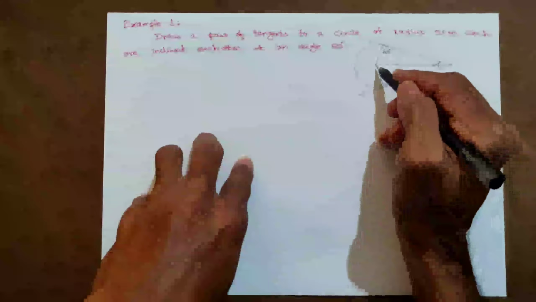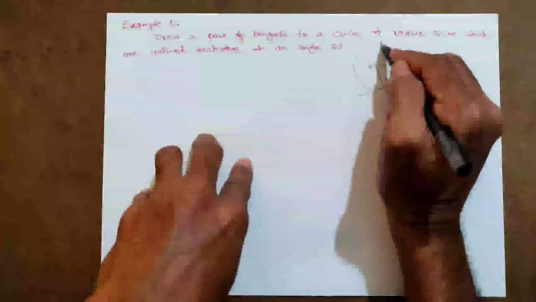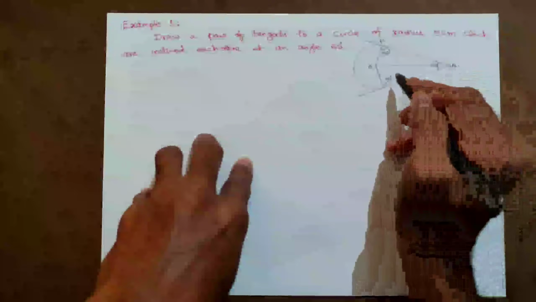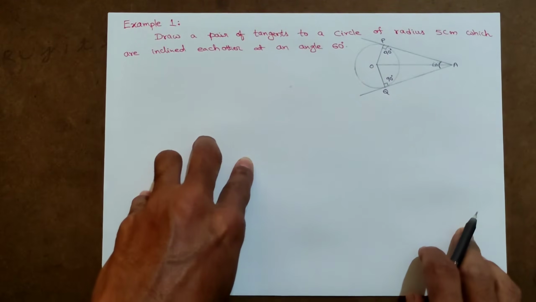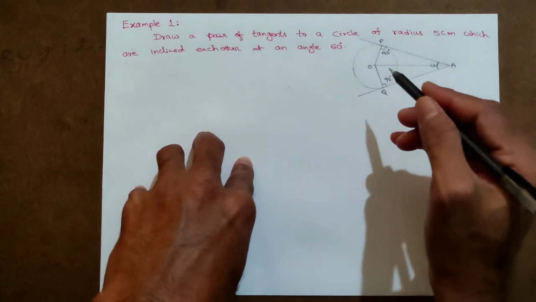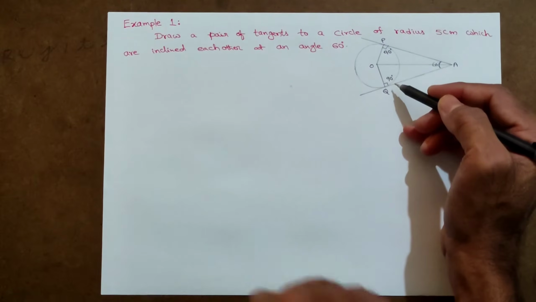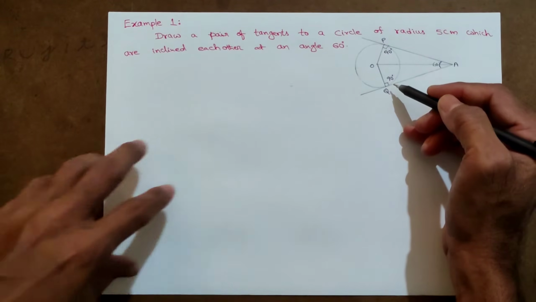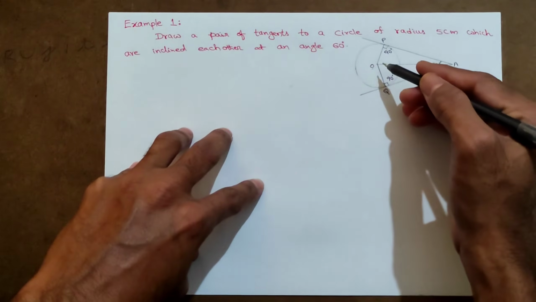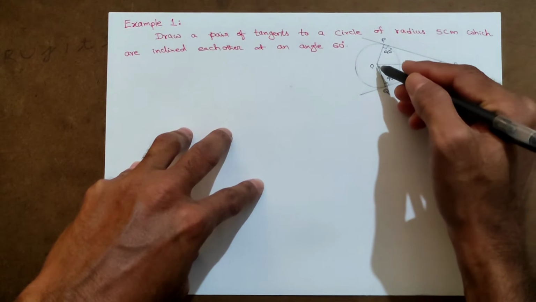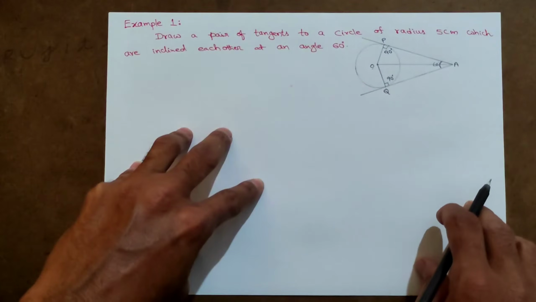Here, if you understand carefully, name this triangle OPA, and this triangle, for example, OQA. These two are clearly congruent to each other. How can we say? 90 degrees equal to 90 degrees, that is right angle. And here OA and AO, that is the common side. And we can say OP is equal to OQ, that is radii. So by RHS congruency axiom, these two triangles are congruent to each other.